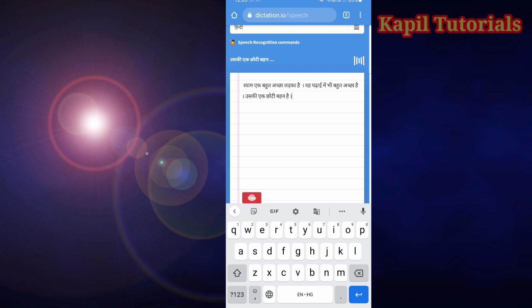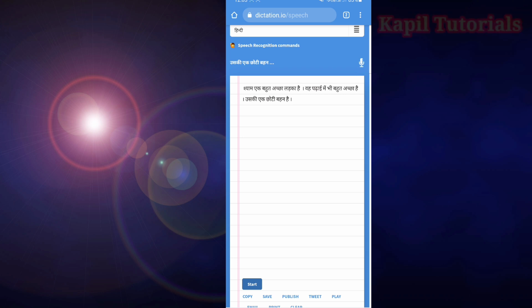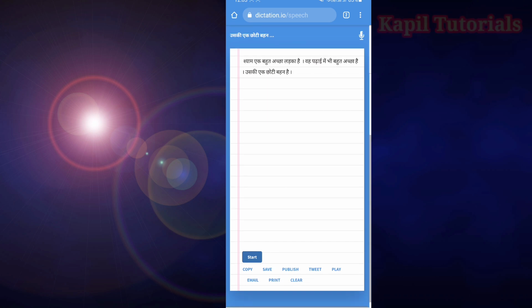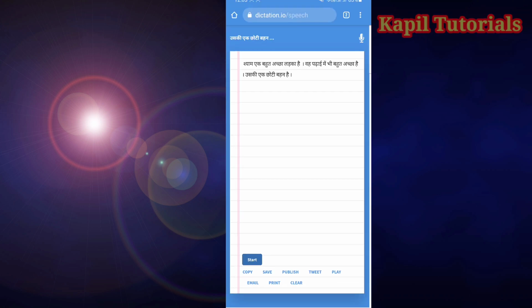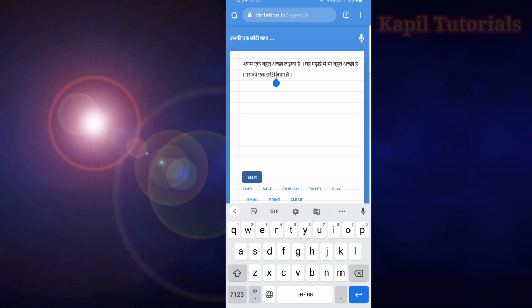So you could see that I have used both Hindi and English to type, and mobile is working very fine for me. Although I told you that you can prefer to use earphone, that will be quite helpful for you. Afterwards you can copy it. At the bottom you could see the copy option. From here you can copy once you have typed. If in between you want to do any editing, you can do it here. If anything is wrong, you can do the changes from here.